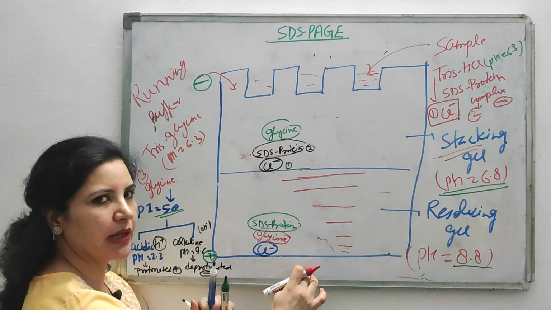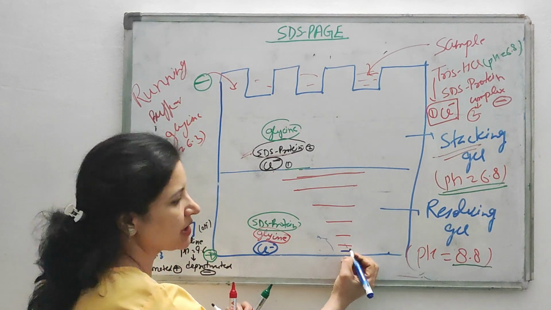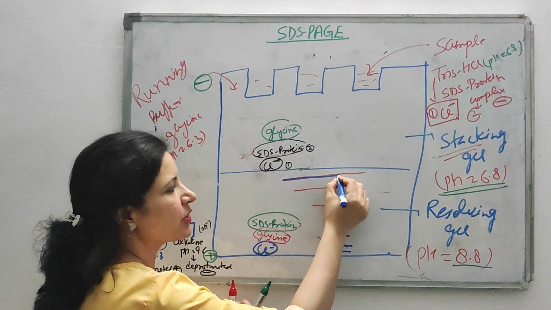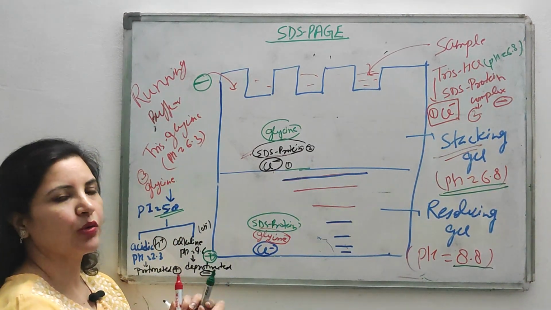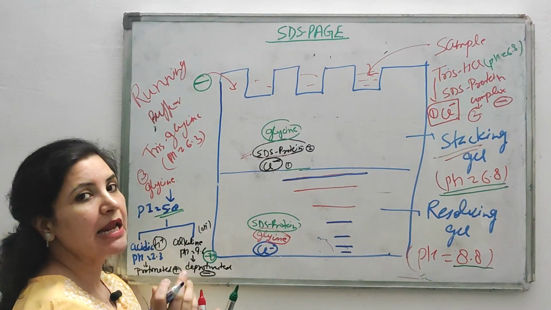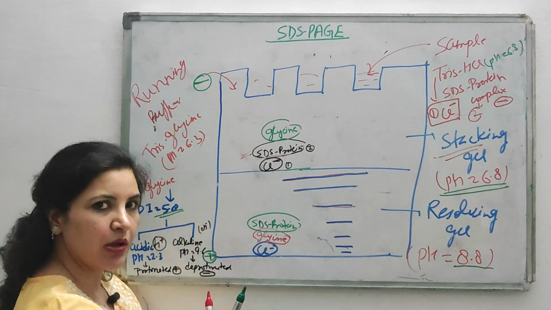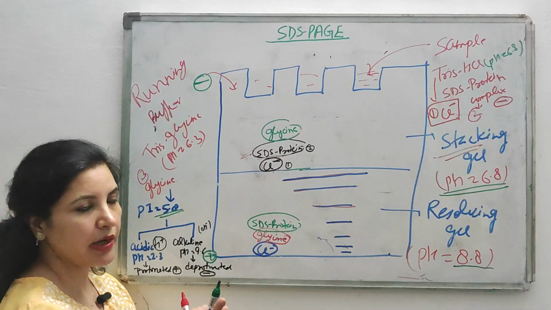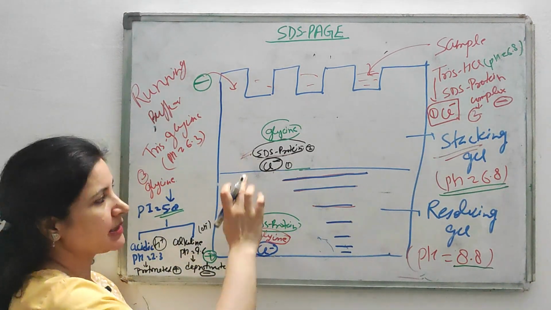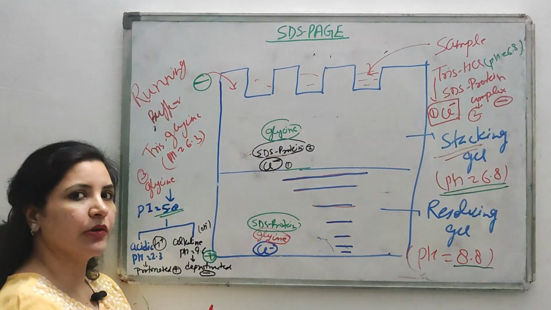Suppose these are the different proteins. This is the smaller one and moves faster, this one moves slower than that, and this is, suppose, the largest protein, and it moves very slowly. So the upper band is that of the protein having a very large molecular weight. This way you will get your protein bands in the resolving gel. So this is the mechanism of how proteins are stacked in your stacking gel and how you finally get the protein bands in your resolving gel.